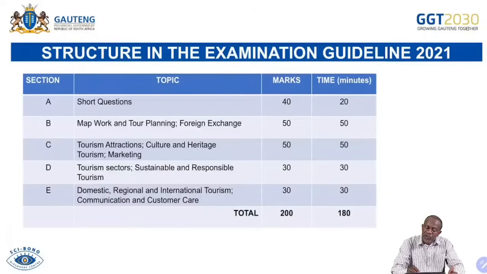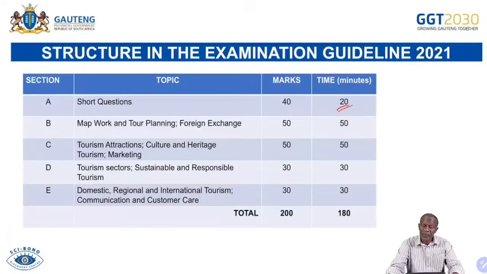It's allocated 40 marks of the 200, and you have to spend at least 20 minutes on this section. Section A is short questions out of 40 marks, and you need to try and spend 20 minutes or less in answering the short questions in